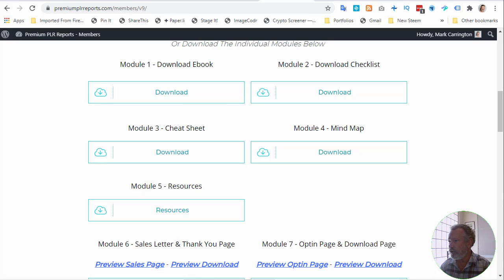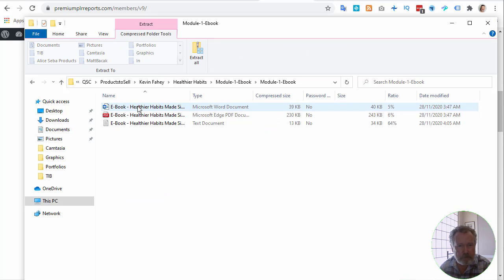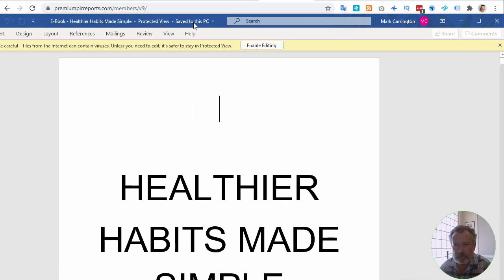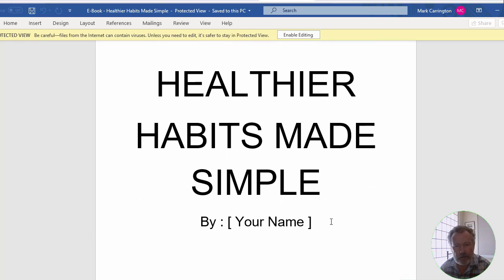So I'm going to pull across here. You can see I've downloaded all the modules, the ebook, the checklist. I'll start with the ebook, and it's in Word form, PDF form, and then pure text. I'm going to open the Word version. And it's a very simple format. You can see it just has a front page, a title, and then you've just got to put in your